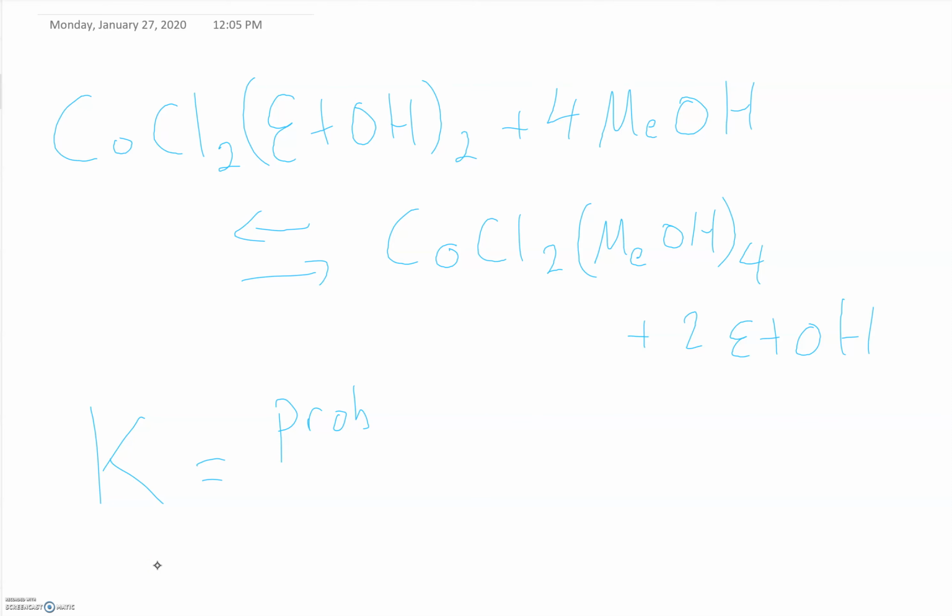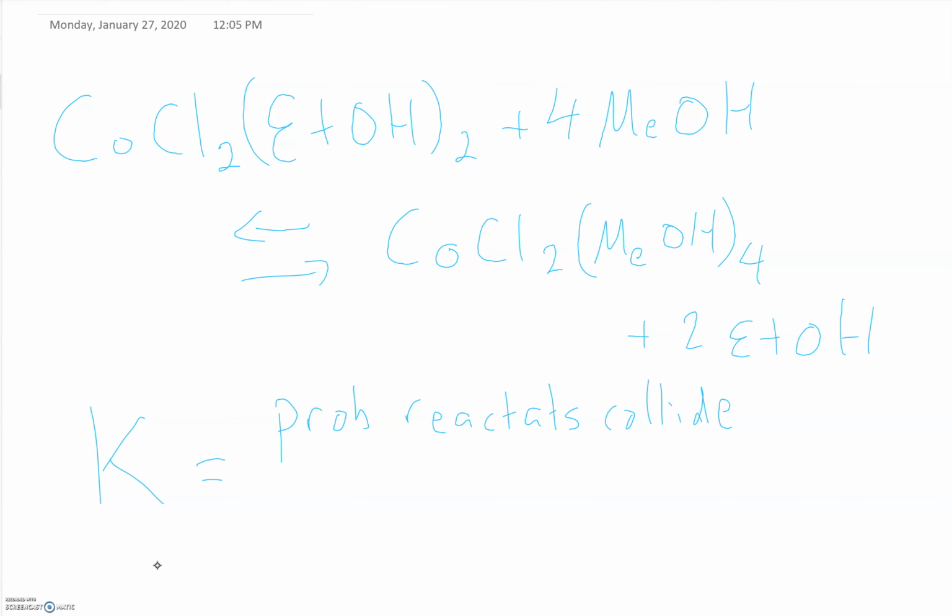So what is a K constant? A K constant is something that characterizes whether a reaction is product favored or reactant favored. If it's neutral, if it's neither product nor reactant favored, then the K constant is equal to 1. The K constant is a ratio of the probability that reactants will collide in just such a way that they